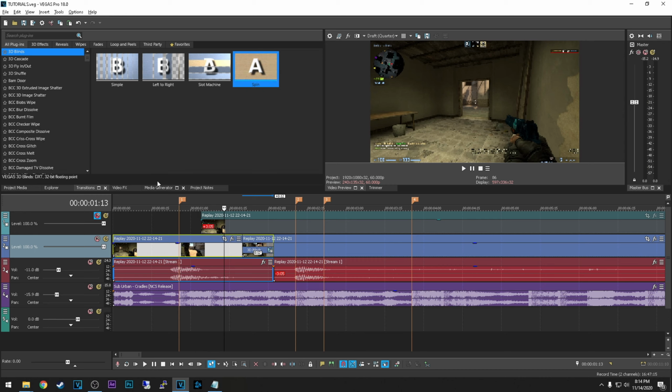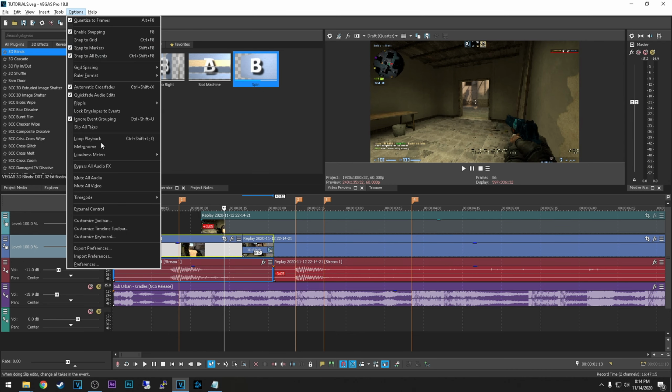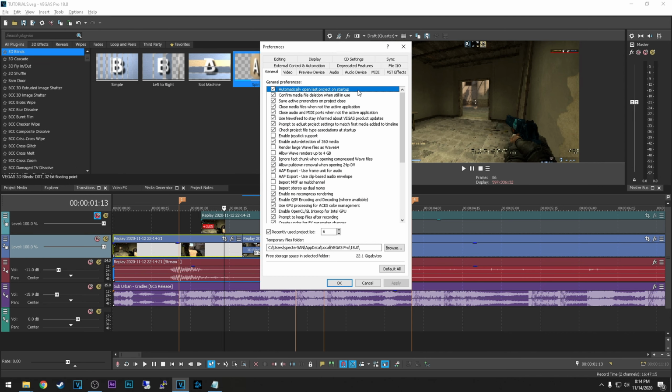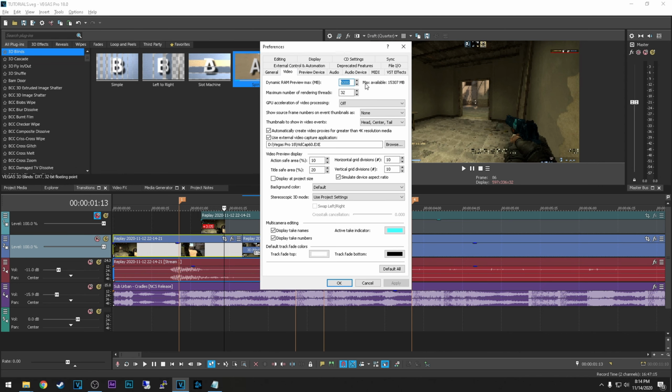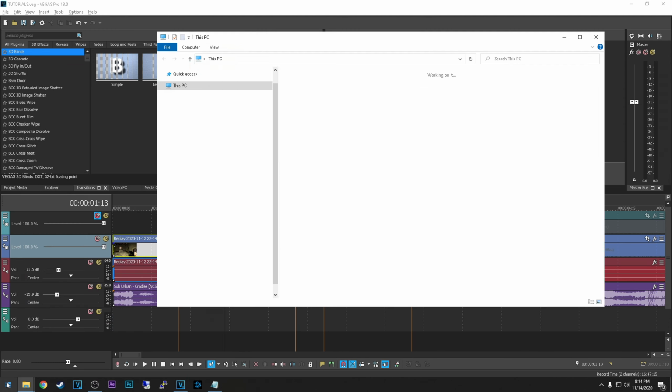If you still have issues with the preview being laggy, what you can do is go to Options, Preferences, and in the Video tab right here, if you never played with this before, you will have 200 megabytes of memory allocated to Vegas Pro. So what I recommend you guys to do is to go to this PC.